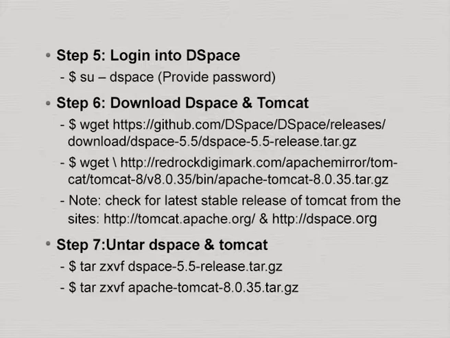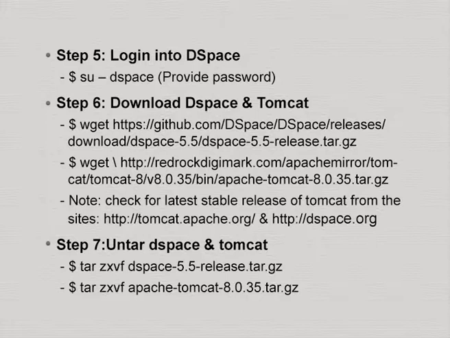You can see the DSpace source files are available on GitHub. So, if you give wget https://github.com/dspace/dspace/releases, then download the DSpace version tar.gz file. Then obviously it downloads DSpace. Similarly, you can download Tomcat from the Tomcat site. It is better to give the exact version numbers after visiting either the GitHub site or the Tomcat site. So, the best is to visit those sites before you actually use the above command.